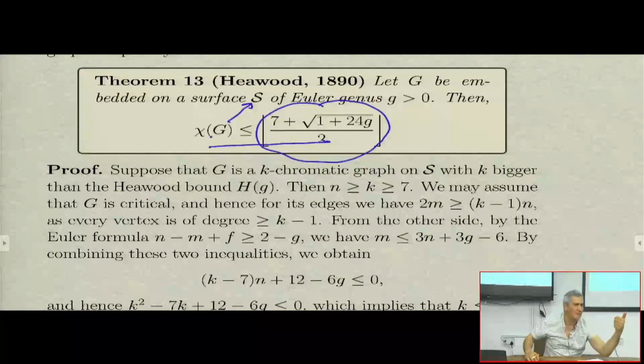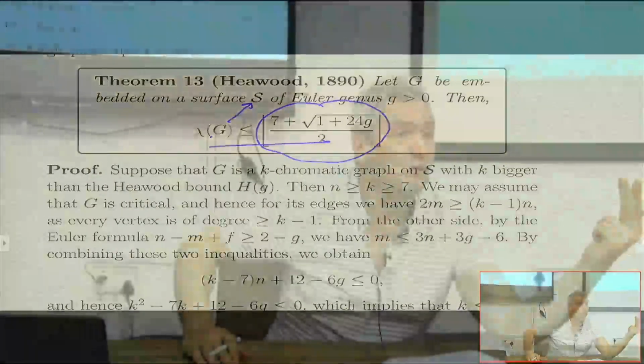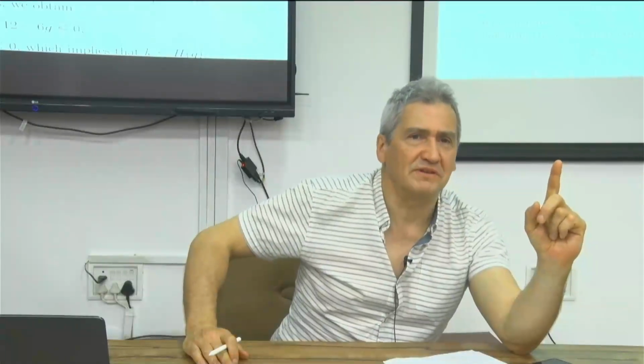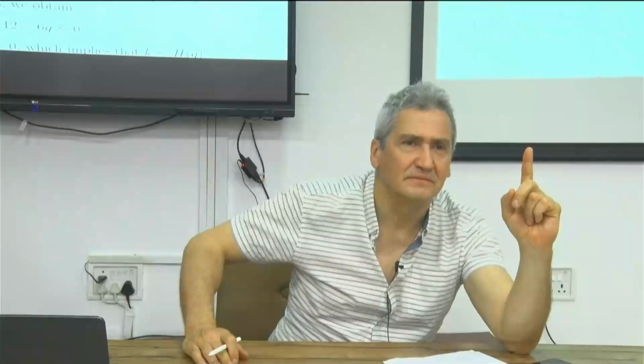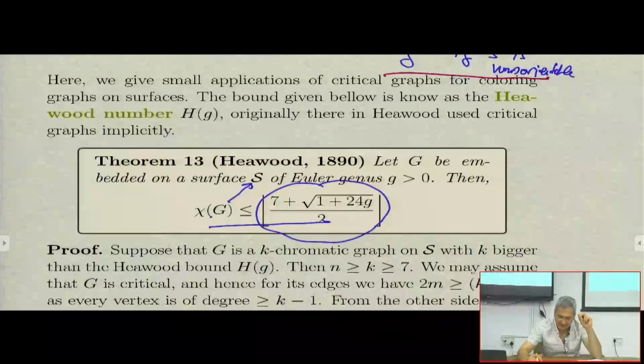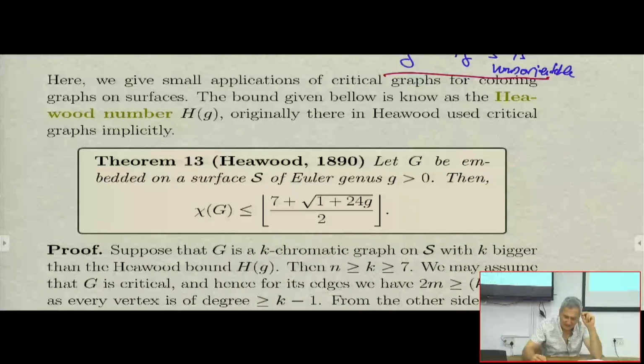We saw it now. For projective plane it is achieved, I can draw K6. For torus it is achieved, I can draw K7. For Klein bottle it is not achieved. You cannot draw K7 in Klein bottle. And Klein bottle is the only exception. For every other surface, how can I write it now? I need space. I can write here. For every other surface,